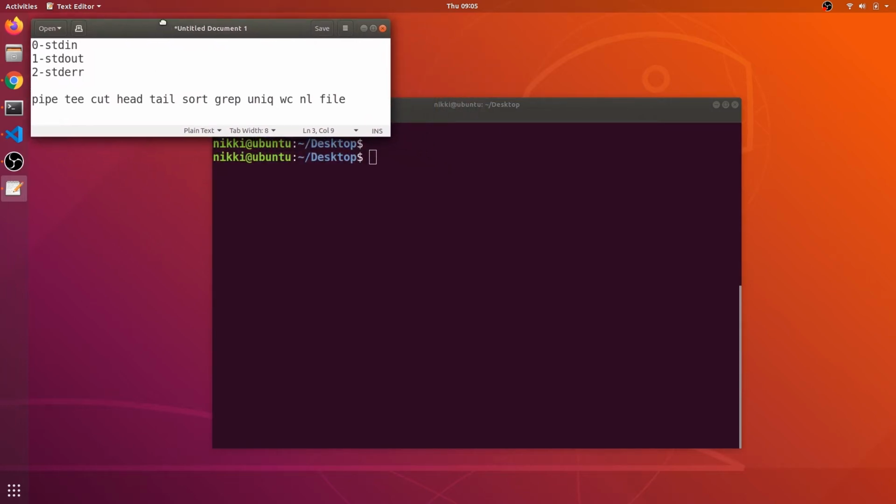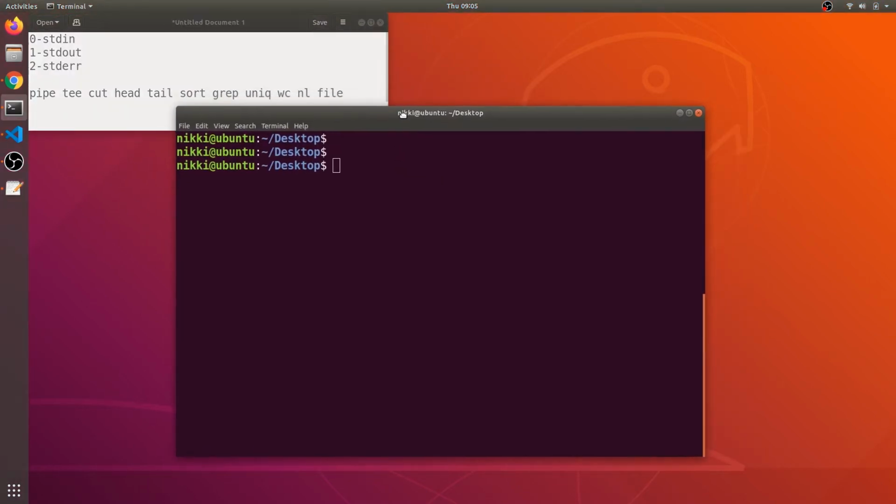So let's get started. As I said in the previous video, let's say echo hi, and what I have done is I have set this greater than as a redirection operator. It redirects output into the text file, let's say log.txt.